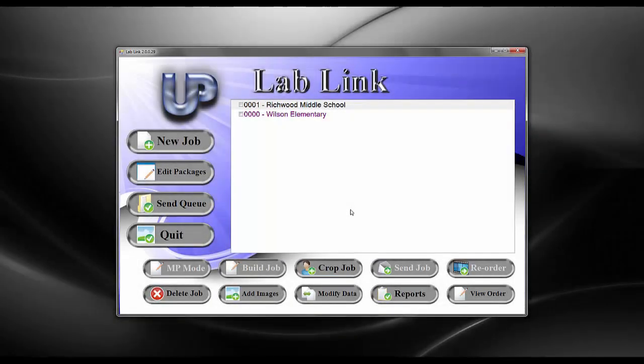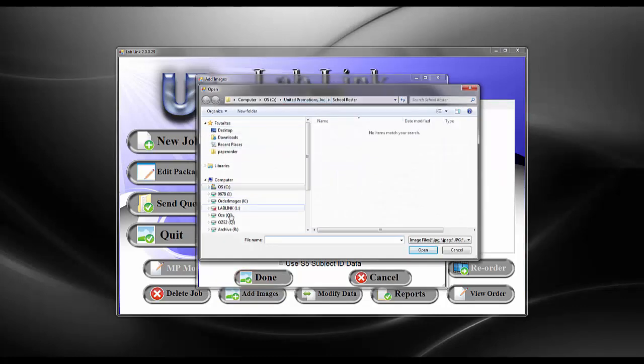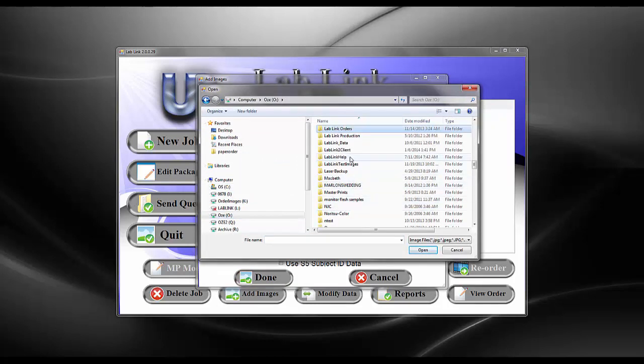Okay, so once we have photographed our subjects, we want to add those images to this order in LabLink. So we just make sure we have our job highlighted, and click Add Images. We can just browse to those images wherever they're located on your computer,